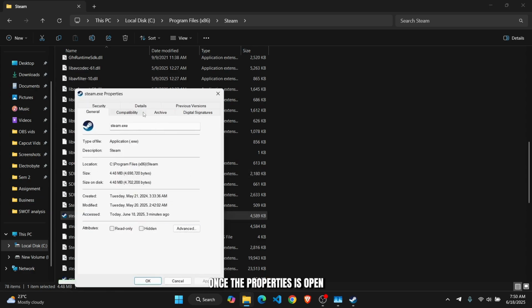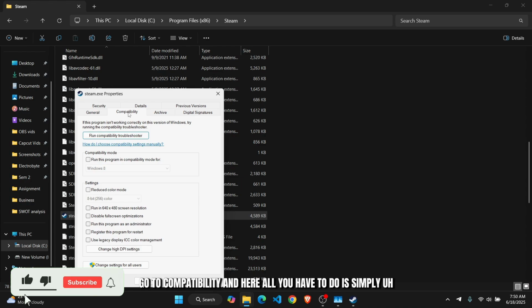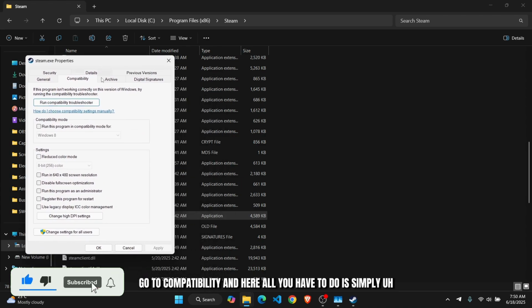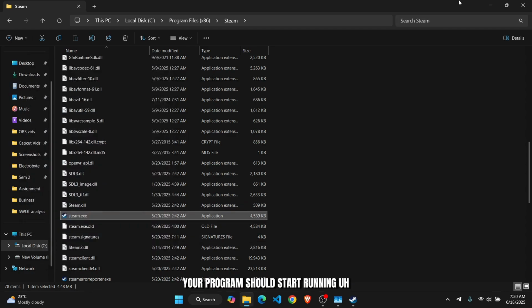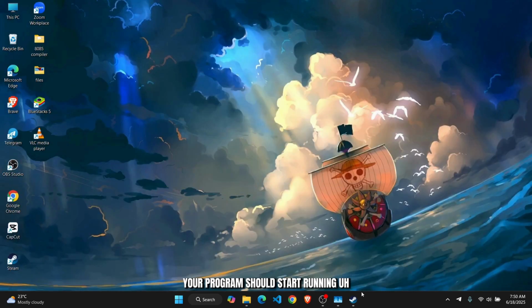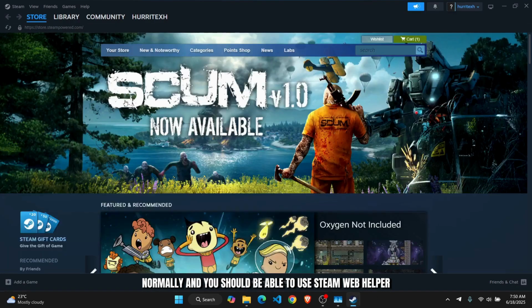Once the properties is open, go to compatibility, and here all you have to do is simply make sure that you run this in compatibility mode, then run this program as administrator, and then you can register the program for restart as well. Click on apply and then OK. Now, once you've done that, your program should start running normally and you should be able to use Steam Web